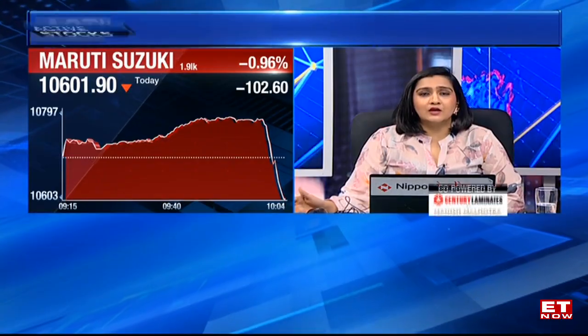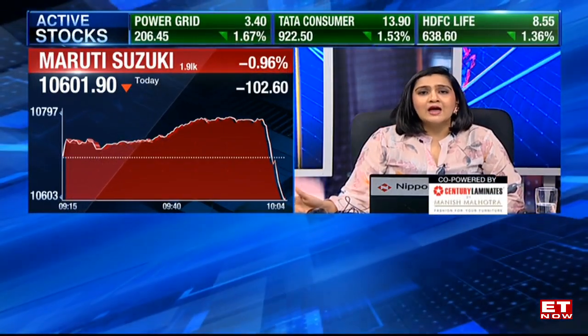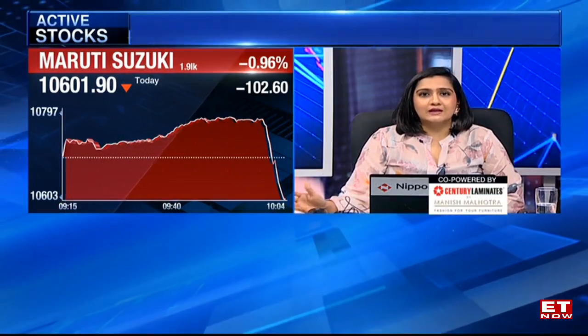Before I take the stock ideas, the mid-cap ideas and the cracker stocks, let me just mark the news flow on Maruti Suzuki because that stock is reacting. It's pretty much on expected lines, to be honest. We knew that there was going to be a preferential allotment that they're going to make to the parent, SMC, and that's on account of that factory deal that they had done in Gujarat. The total purchase consideration was around 12,841 crore rupees, and the allotment is now happening at a price of around